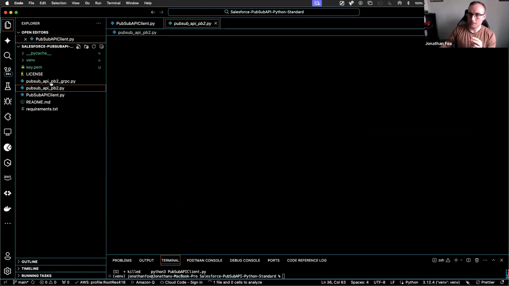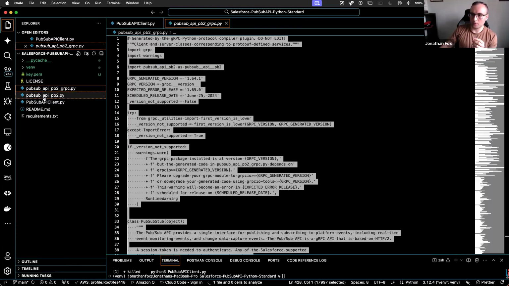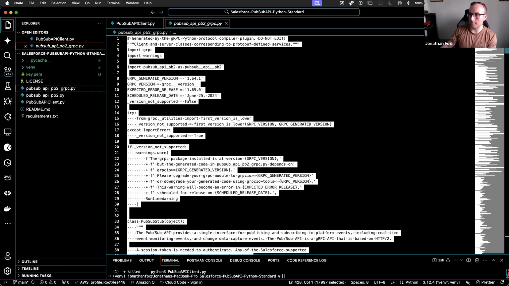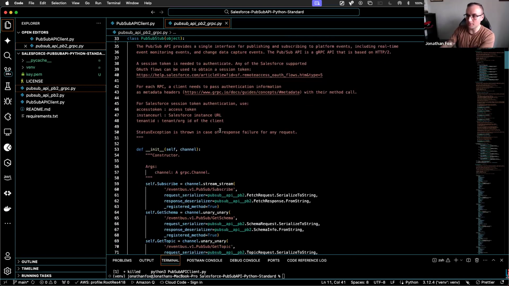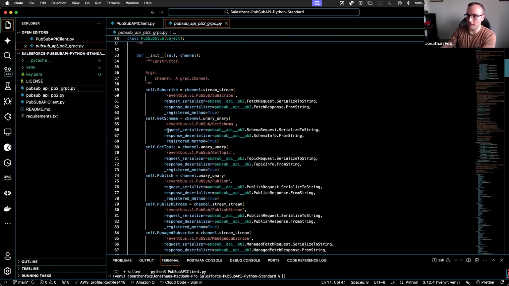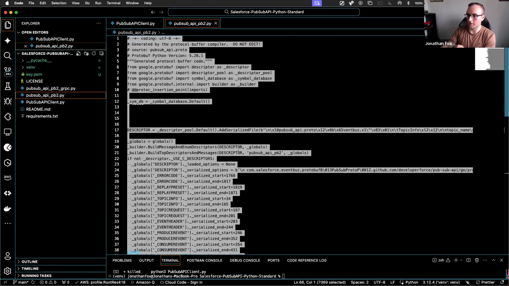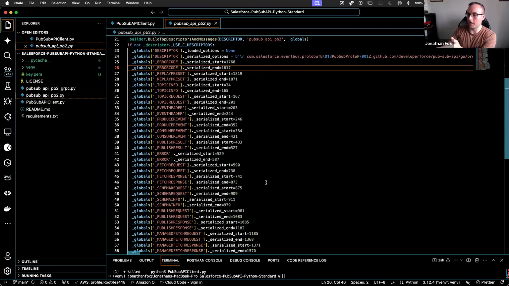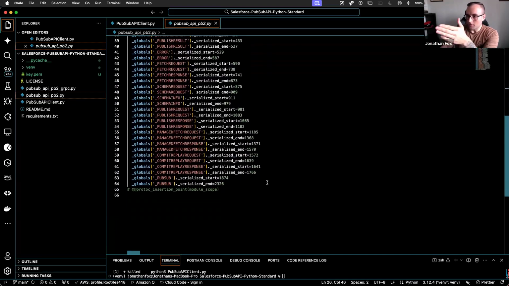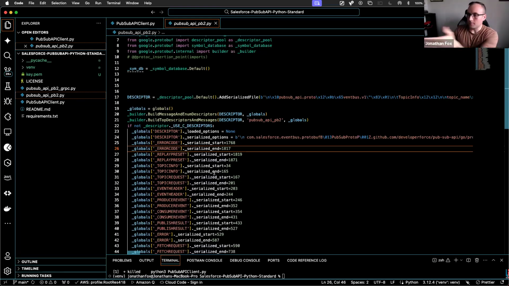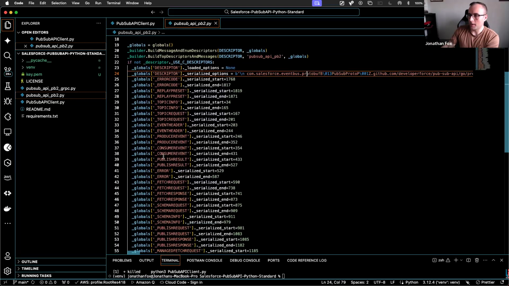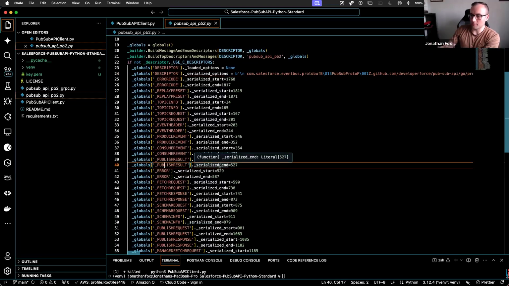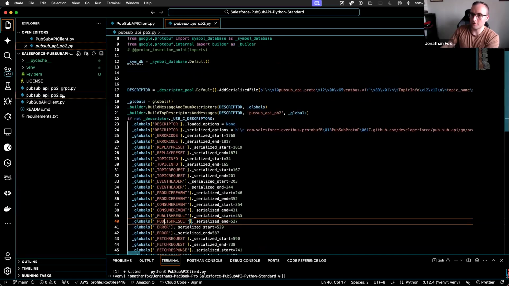You need 2 files, and these are your PubSub API gRPC classes. They basically tell you what you can do, all the different options that are available: getting the schema, getting the topics, publishing, for example. And the way they work in terms of serializing options, for example, and the way that they need to be serialized and deserialized.